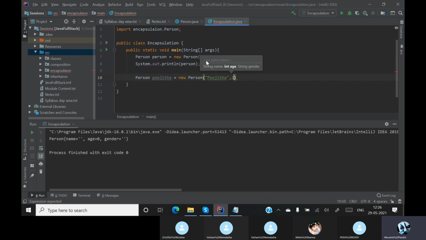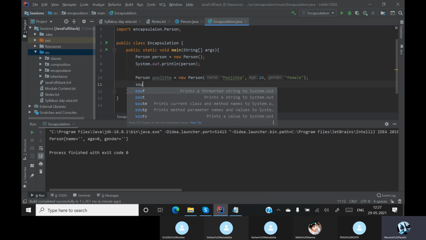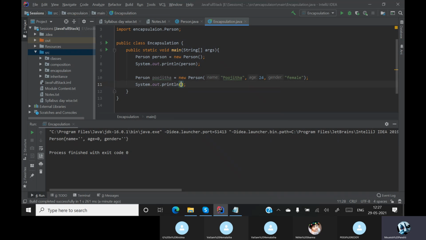Age is 24 and not male, it is female. And I'll put it over here and I'll simply print my object Pujita. I'll clear this, I'll comment this and I'll run this.